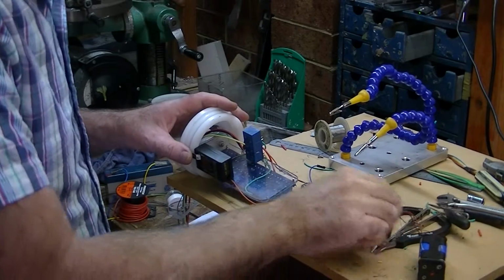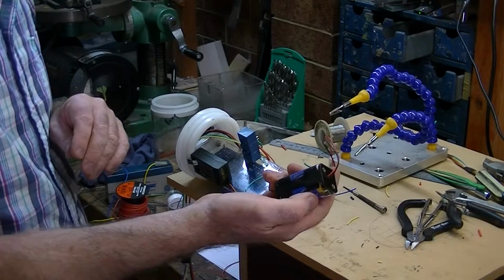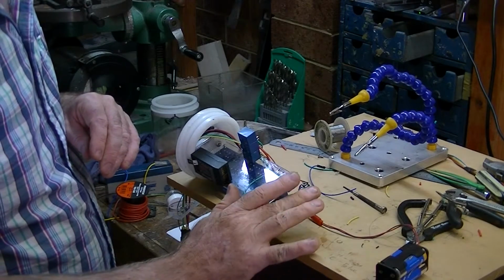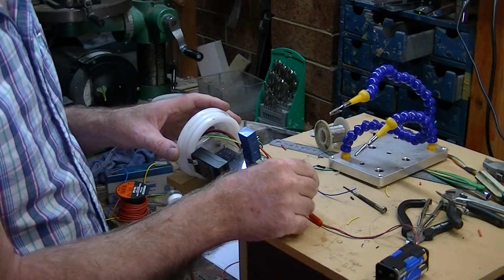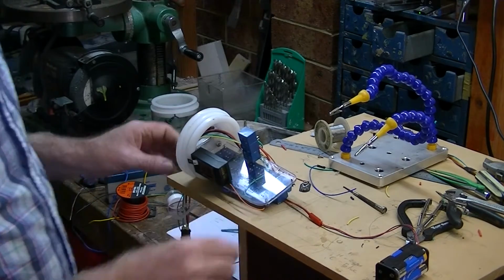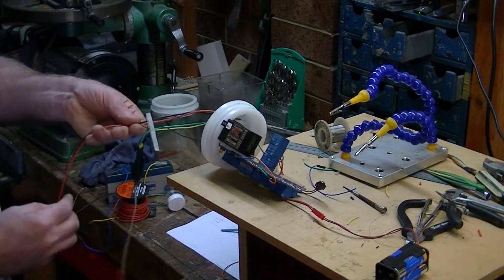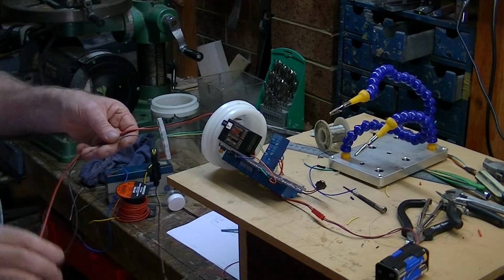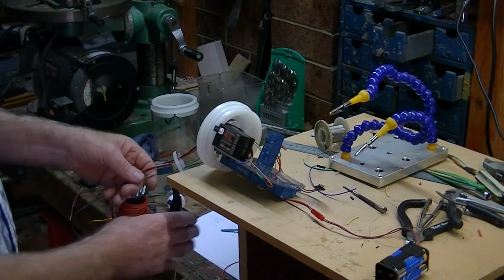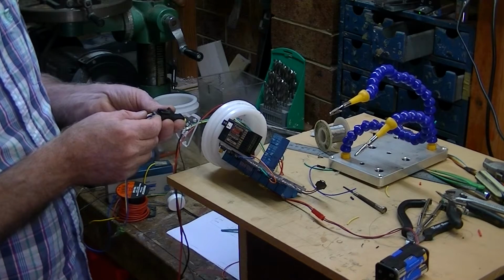Okay, stage one is complete. What I've got is just a 4.8 volt battery pack. That's going to be the one that sits in the boat. That's connected here. I've got this connector here for the 9 volt battery for the Arduino. I've got these wires now running through this little cap. These two thick ones go right the way down to the stern for the main battery. This one here will connect to the